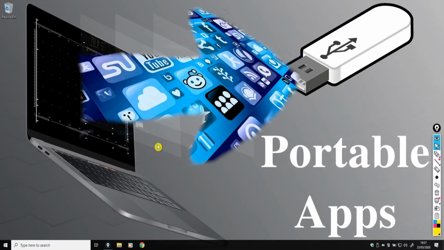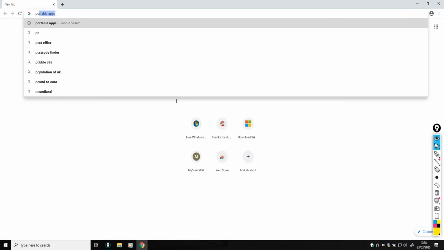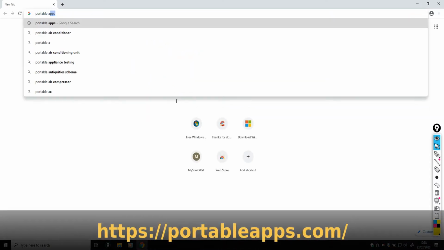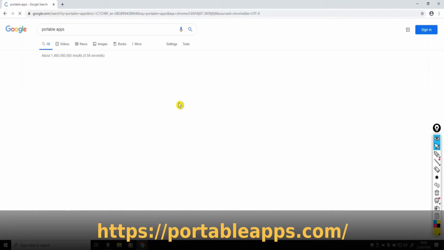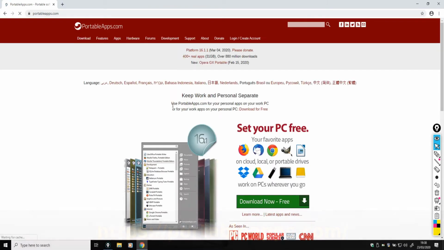Right, so first things first, we're going to need some software to allow us to do this, and that is the Portable Apps platform. So if we open our web browser, we're going to search for Portable Apps, and the website is this one here, portableapps.com. So click on that, and if we go here to the download now button, free,